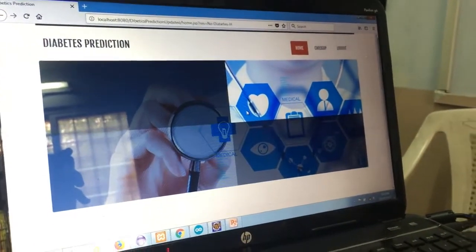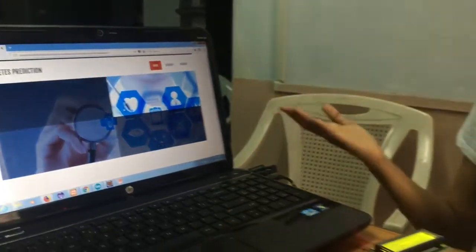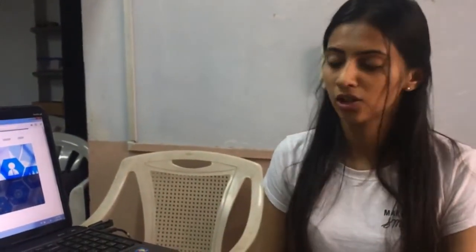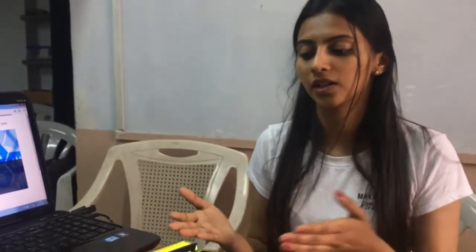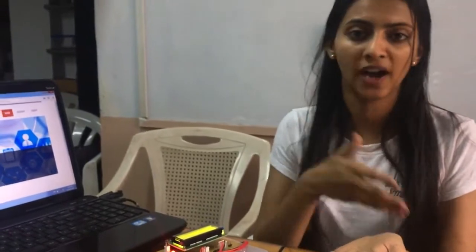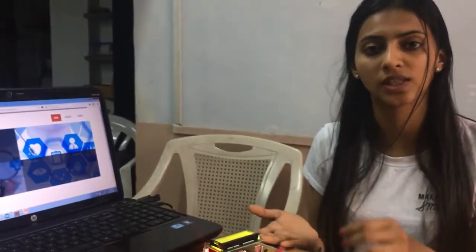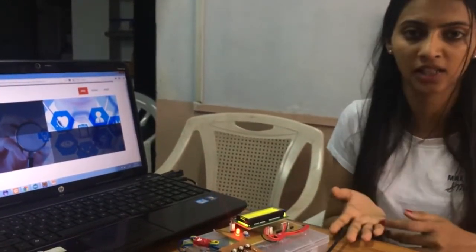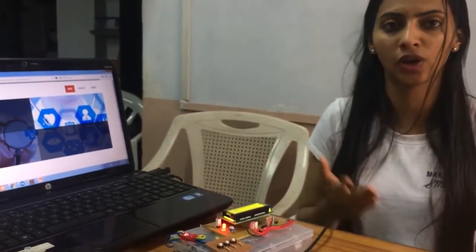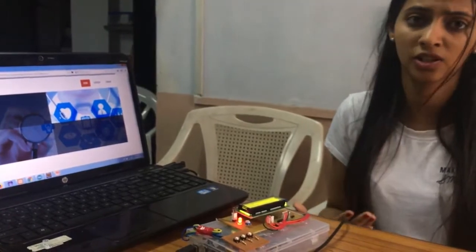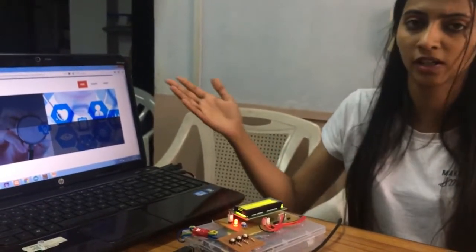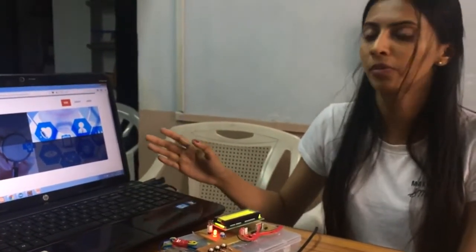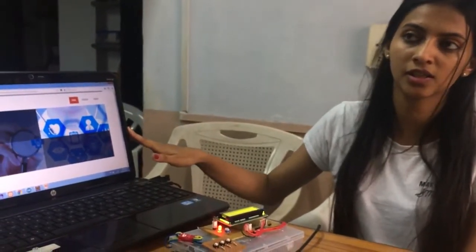Now when you consider all these factors, how does this software know if you have diabetes or not? We have used a machine learning algorithm, the SVM classifier. Why SVM classifier? Because here we have only two outcomes: you have diabetes or you do not. SVM is a binary classifier, so it will tell you if you have diabetes or not, and it is a very intelligent algorithm. We have provided data sets, 1,000 data samples in this.